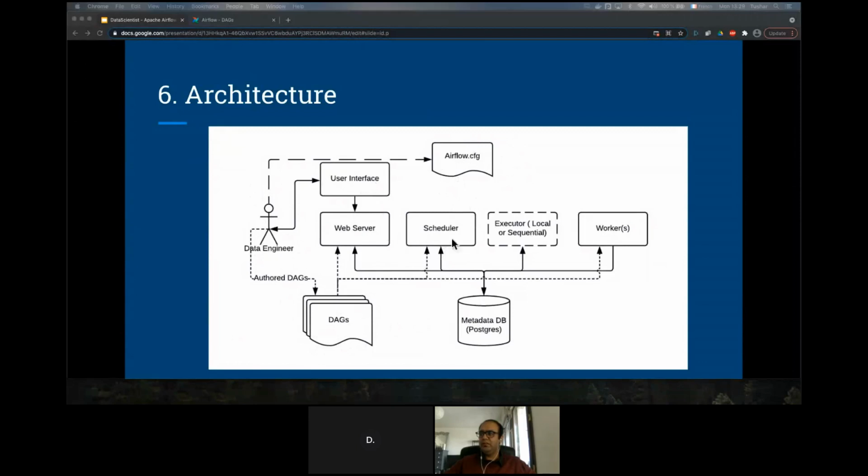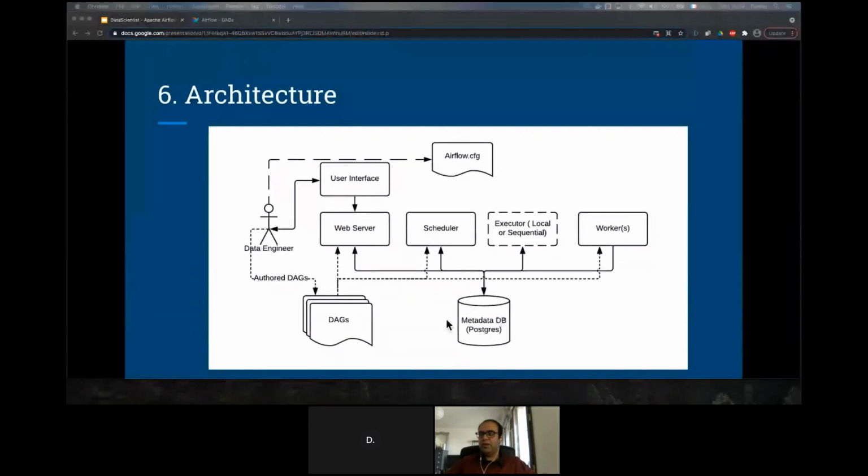Then there are different parts to it. The user interface and web server, we just saw: the beautiful UI. Then there is a scheduler, which we will go into in more detail. The scheduler, in short, is looking at the DAGs and seeing what task has to be scheduled next, what is running, what has to run next, and what does not need to run. There is a metadata database.